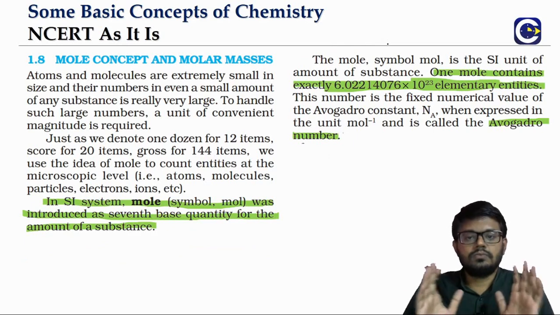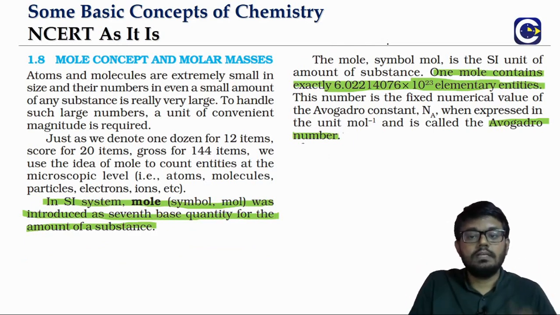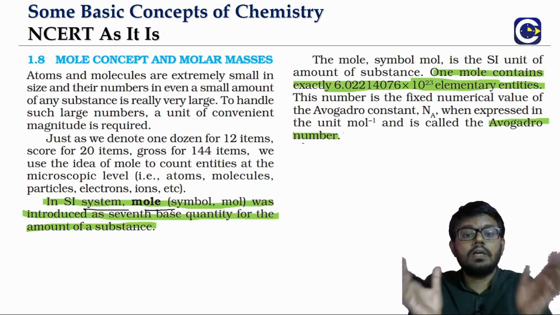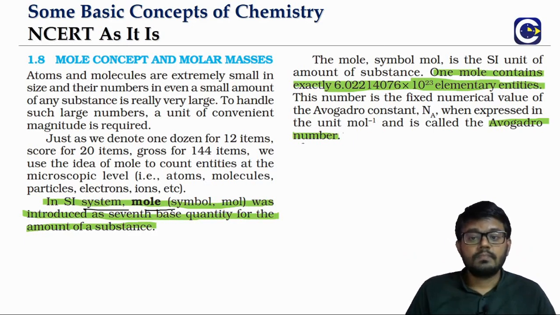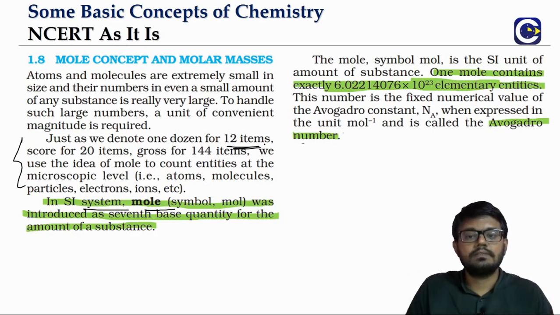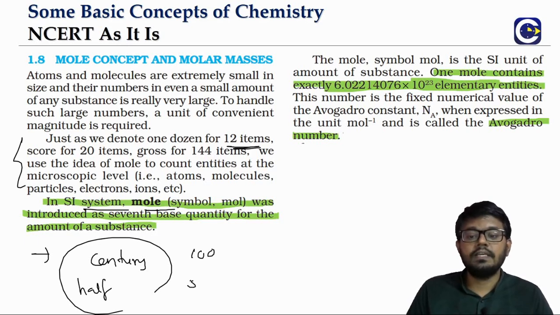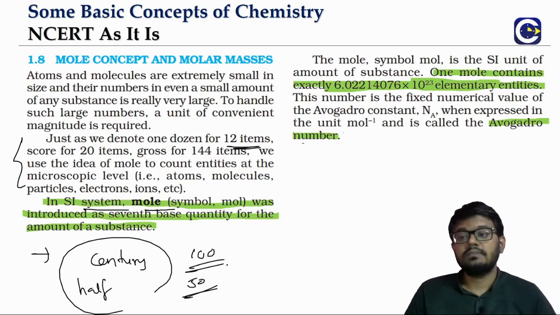So first, to get the idea of mole, remember, mole is the SI unit for the measurement of the quantity of a substance. Normally if you are counting things, if you say dozen, it means 12 items. I'm sure a lot of us watch cricket, IPL or even general Indian matches. When you look at a player scoring runs, you ask whether he has scored a century or a half century. Instead of saying 100 or 50, you are saying a century or a half century. These things actually simplify our way of counting.